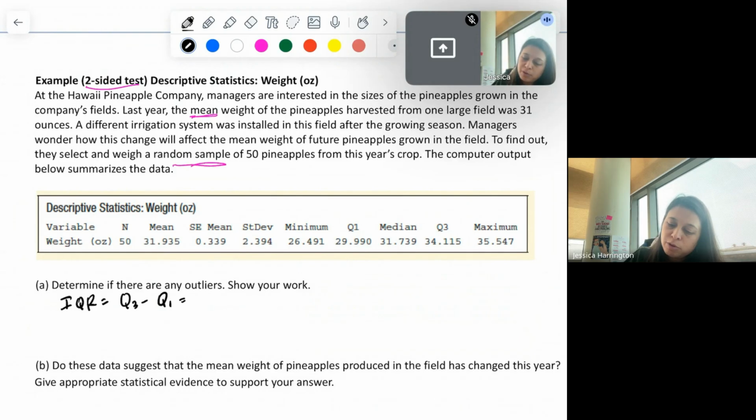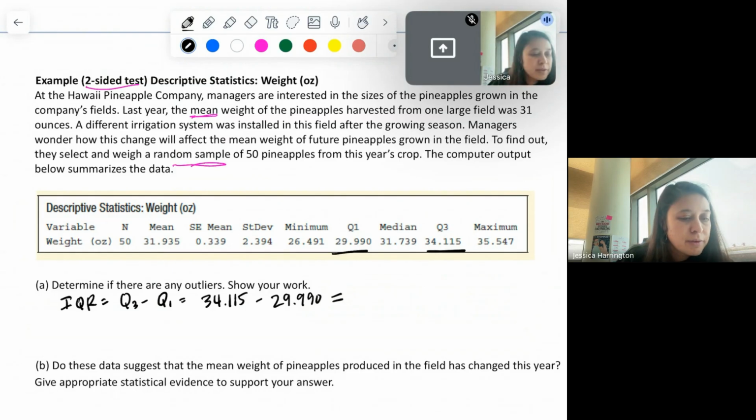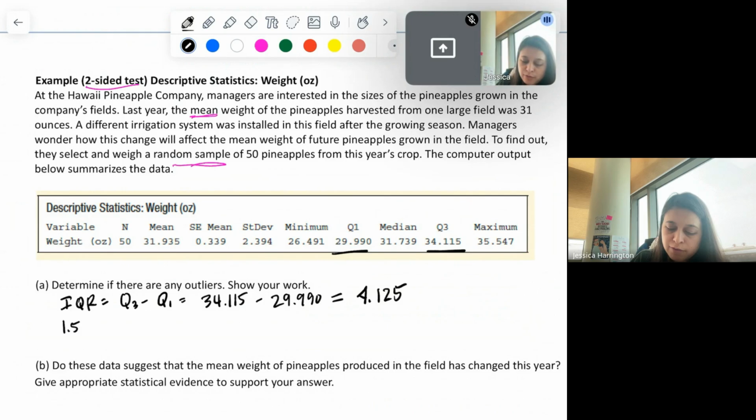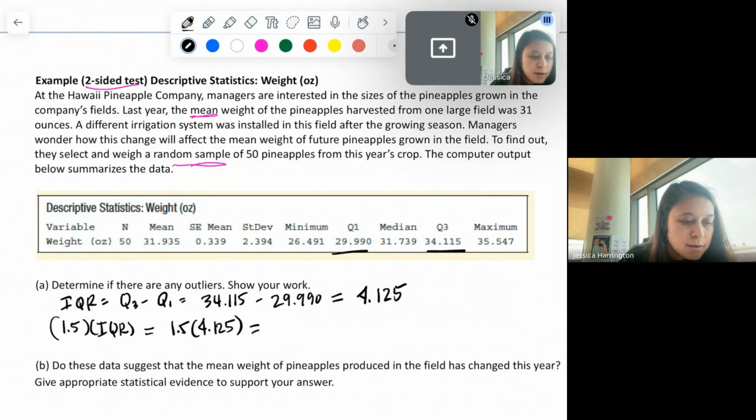When I look up here, Q3 is 34.115. Q1 is 29.990, right? These two. When you subtract them, I'm going to give it to you. You get 4.125. Okay. And then we have to do 1.5 times the IQR. So you do 1.5 times 4.125, and you get